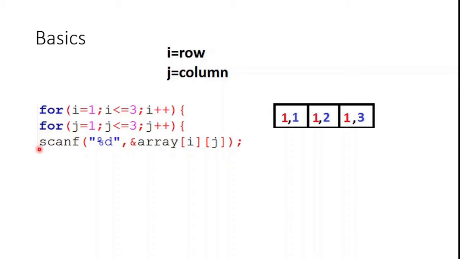So this sentence will be executed. So let's say we will be taking an element as input and we will store it in this cell. So now the J++ will make it J 2, 2 less than 3. Now this condition is true. Again we will return to this execution.